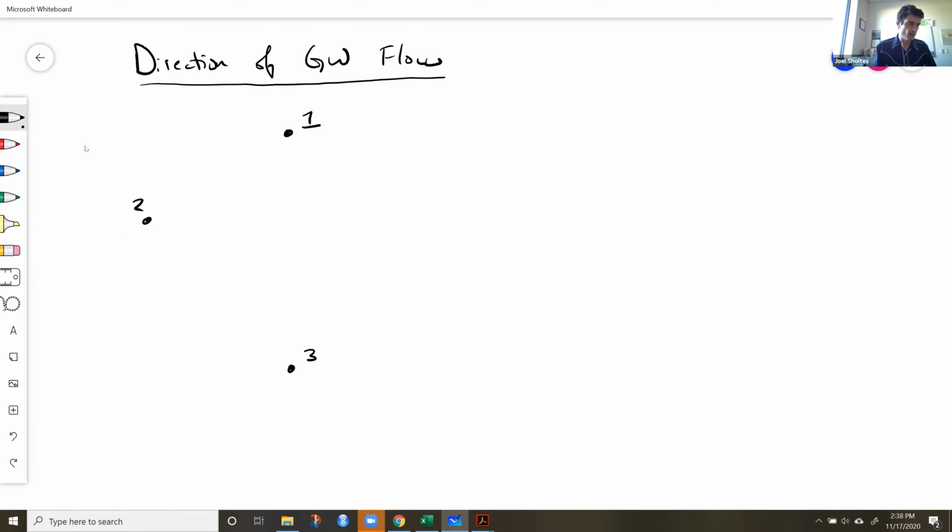We've got an unconfined aquifer, although that doesn't really matter. This would work for a confined aquifer. And you use a depth meter, so you basically have a piece of tape with measurements on it, and then it usually has a little electrode, and it's battery powered, and you reel it down into the well, and then it'll beep at you when it hits the water. So you can tell the depth to the water from the well. Let me just draw that out, because this is kind of a good thing to know.